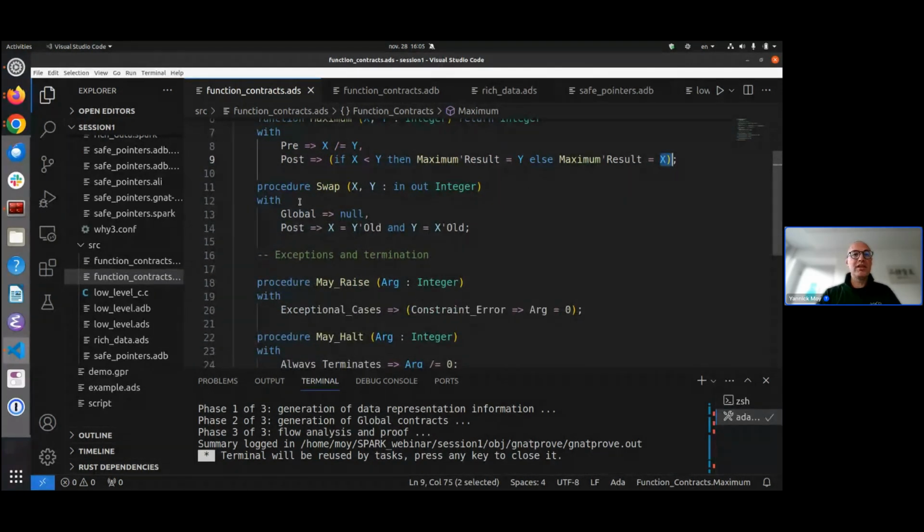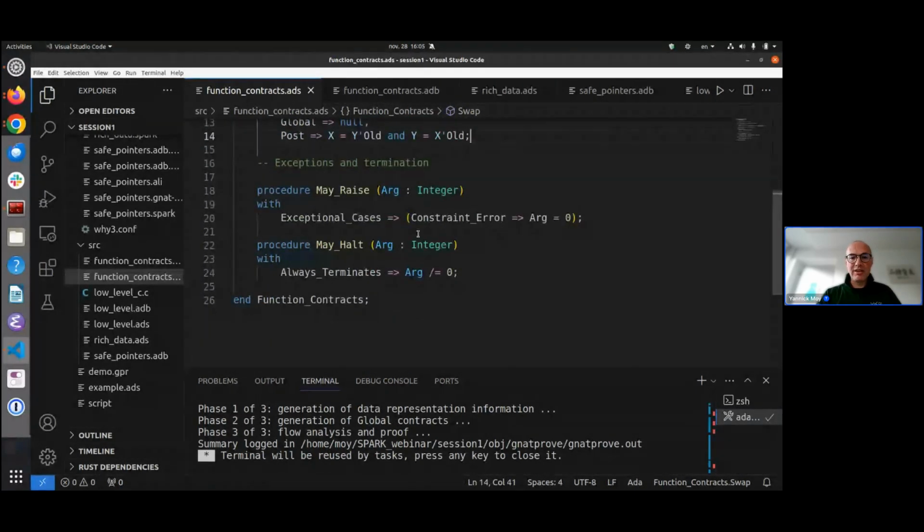For swap, similarly, we have a subset of the contract. So here in the procedure swap, which swaps its two parameters, we specify that it doesn't read or write any global variable, and that on exit, the two values have been swapped compared to their initial value. And finally, we have exceptional contracts and termination contracts on these two functions, may raise and may halt, which specify,